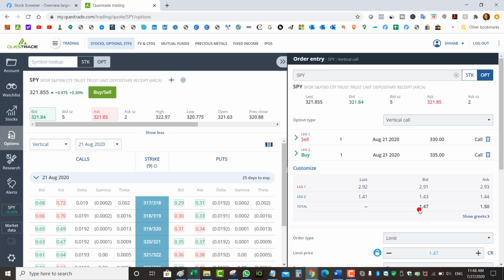In a debit spread, my max profit is the difference between the strikes minus what I paid. In this case, my max loss is the difference between the strikes minus what I collected. So my max loss here is 5 minus $1.50, so it's $3.50. And my max loss occurs if it's above 335 come expiration. That's why I have a preference for the credit spread, but it doesn't mean the debit spread is a bad trade. A lot of people make good money with debit spreads as long as you're good at predicting direction,